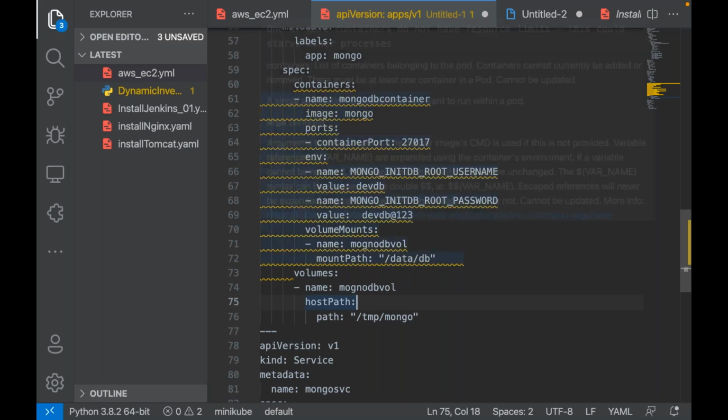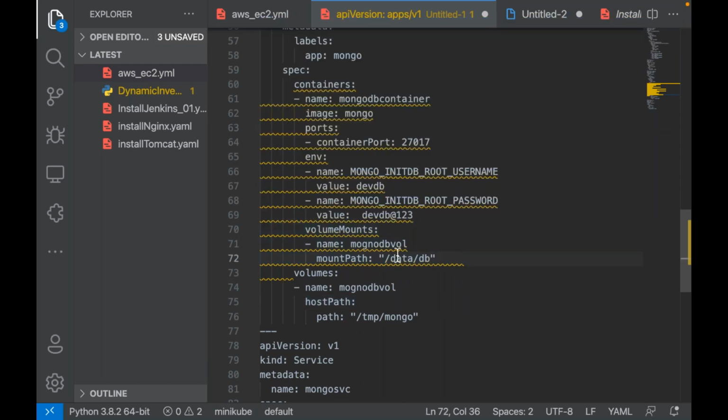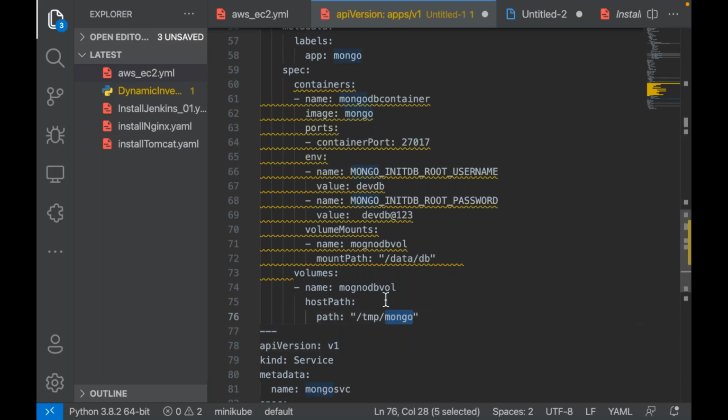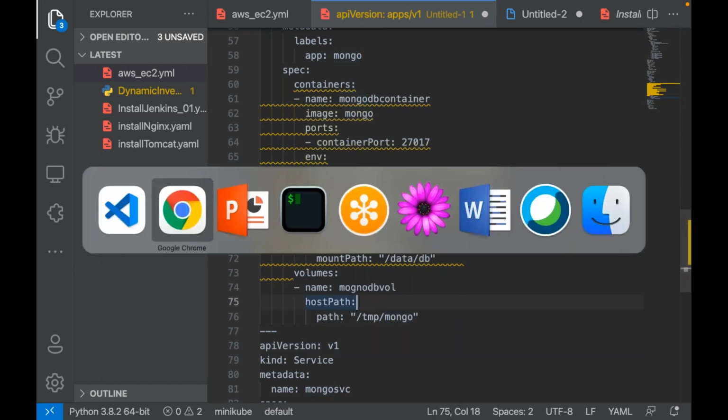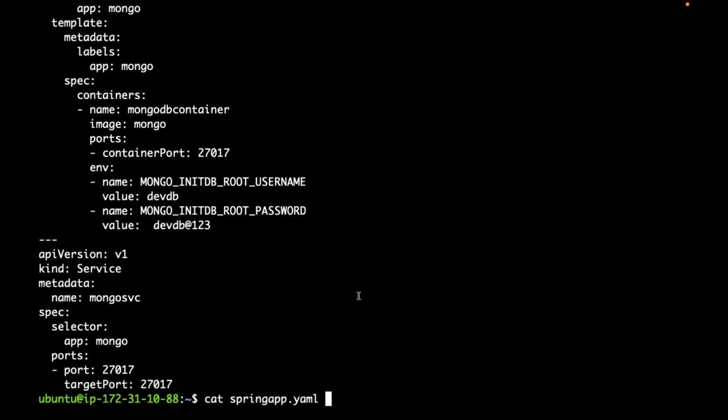Which means this volume will get mounted to this directory of the container. Now, this database container, whatever data is getting generated here, to which storage is it going to write? Is it going to write in the server where the pod is scheduled, in this directory? It is going to mount this directory from that server, right? Host path. Now, let me use this, something like this, especially for a database.